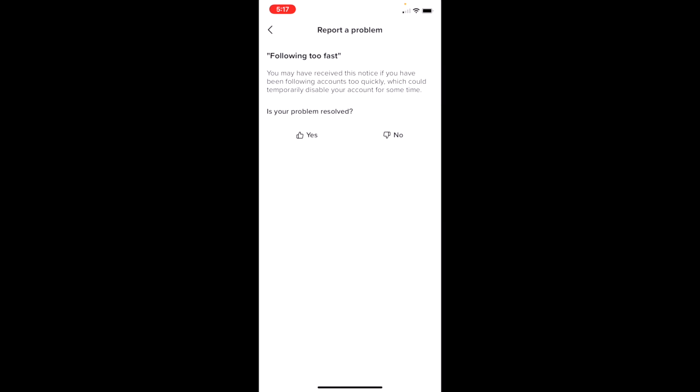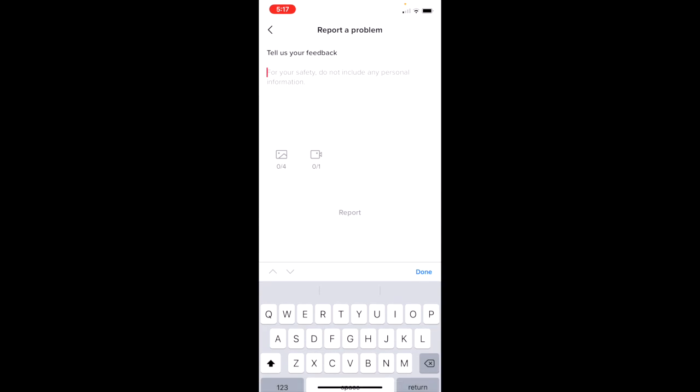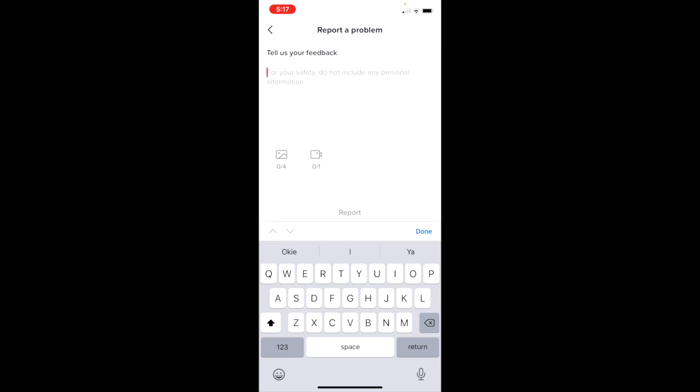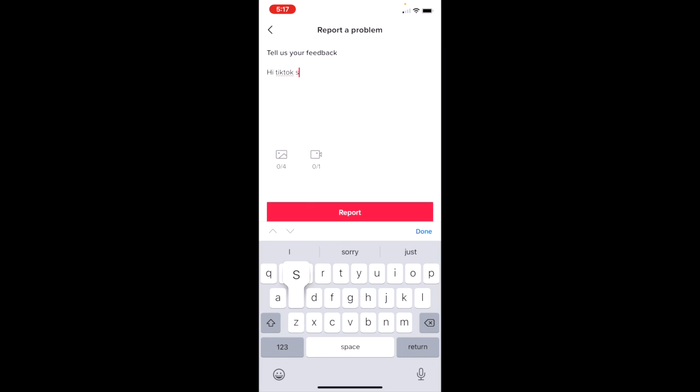It will then say you may receive this notice that you have been following accounts too quickly, which could temporarily disable your account for some time. You want to go and select no, problem has not been resolved. Click need more help. And then you could type in something like, "Hi TikTok support,